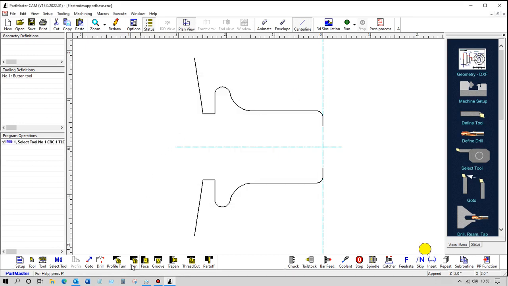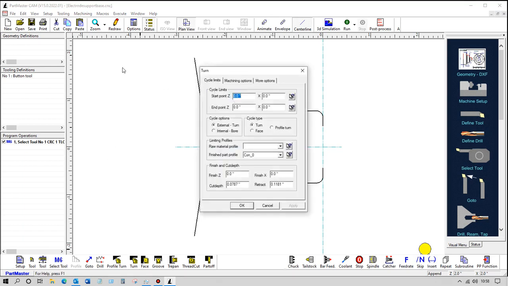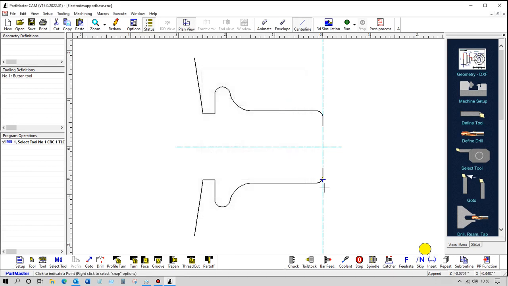Okay, so now we can do a turning cycle. So this is a roughing cycle, so we need to give it the limits, which is the start and end point in Z and X, and these two sizes here can be considered as the corners of a rectangle. So we can either type in the sizes here or we can choose them from the screen.